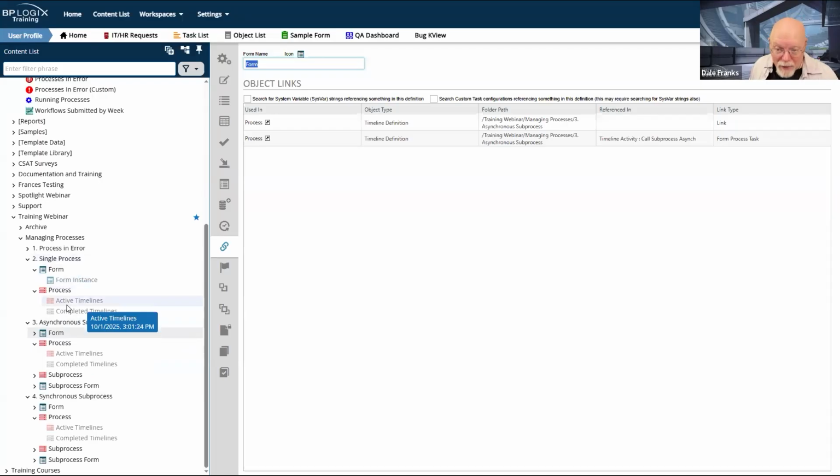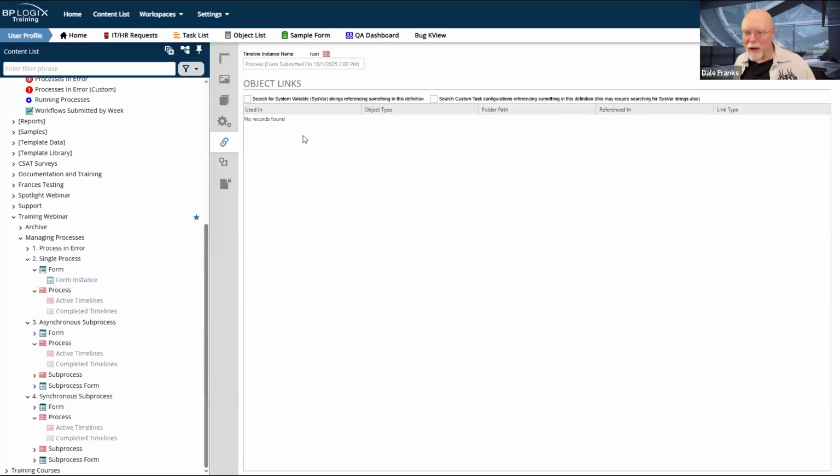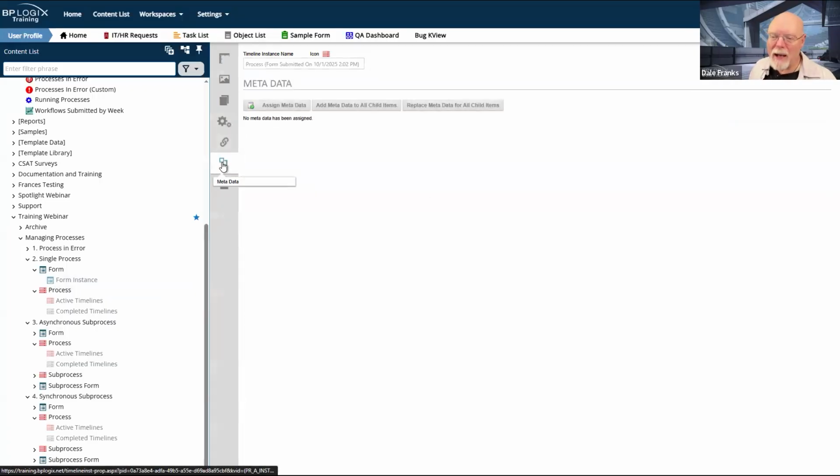So back to single process, back to active timelines, and let's take this same timeline instance that we have continuously tortured. I have metadata. Look, metadata is an entirely, it's a webinar all of its own, as you know, but I can individually assign metadata to a timeline instance. Usually you wouldn't do this.